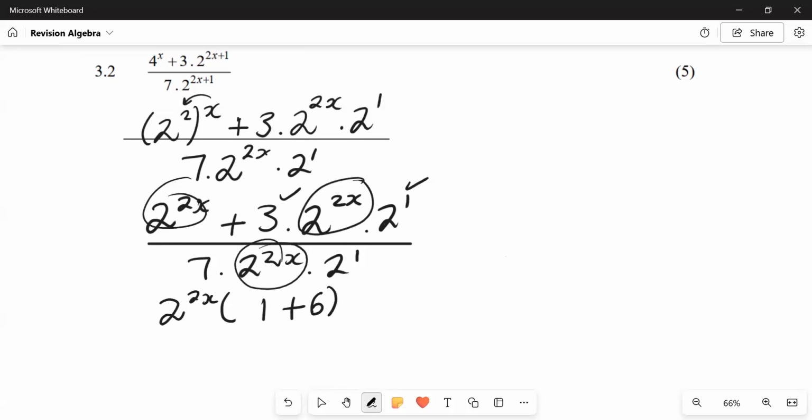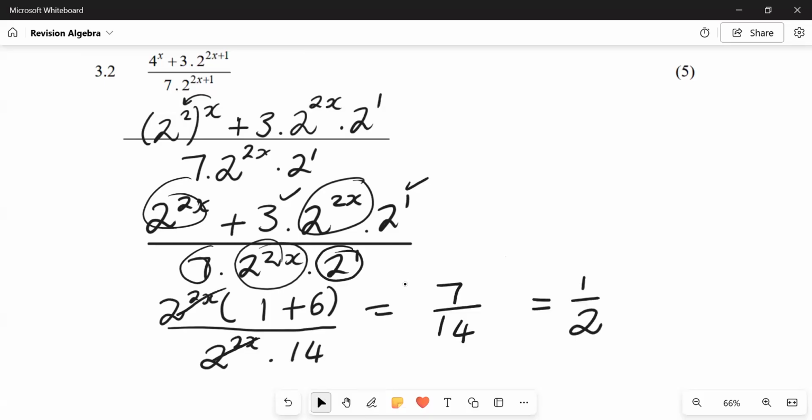But now 7 times 2, that's 14. We cancel these two. Now you're left with 1 plus 6 is 7 over 14. 7 over 14 is equal to 1 over 2. And now we've answered our question. We've managed to simplify